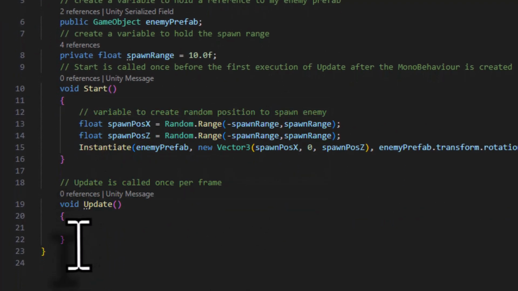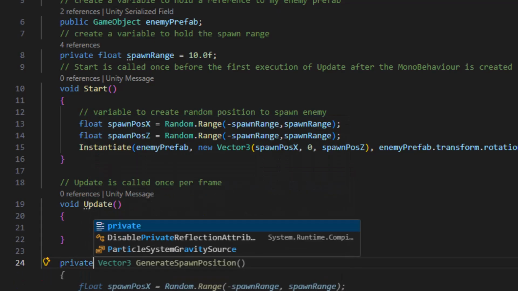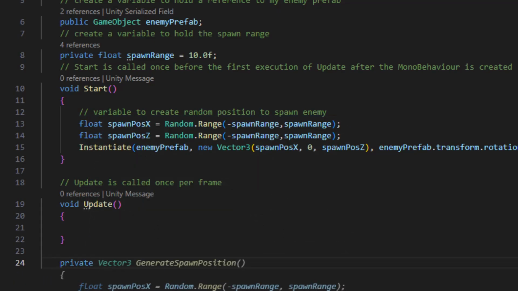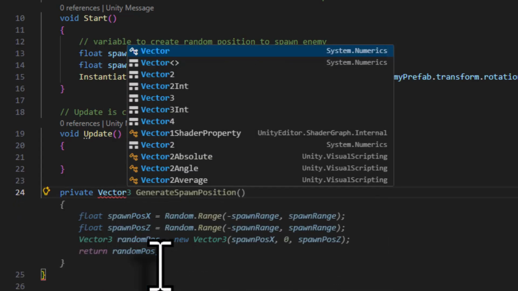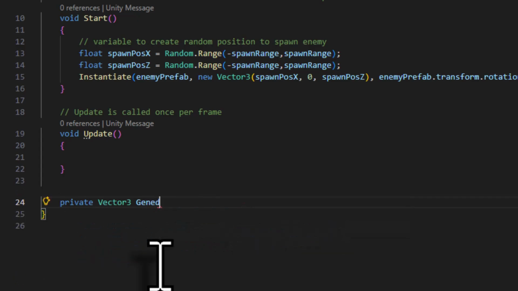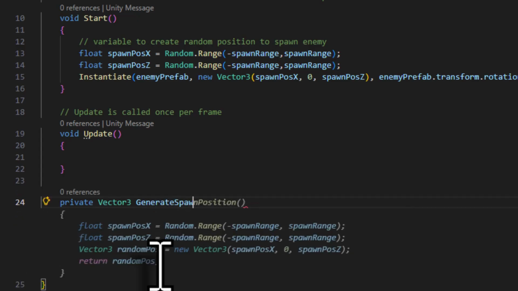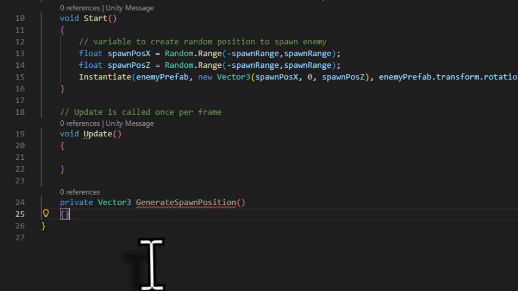After this Update code block, after this closing curly bracket, I will press enter. I am going to declare a private method. This method is now going to return me something. And so just like we declare the type of a variable, now I have to declare what type of data this method is going to give back to me. It is now going to give me a Vector3 value, and I am going to call this GenerateSpawnPosition. Add open-close brackets, press enter, and in open-close curly brackets,